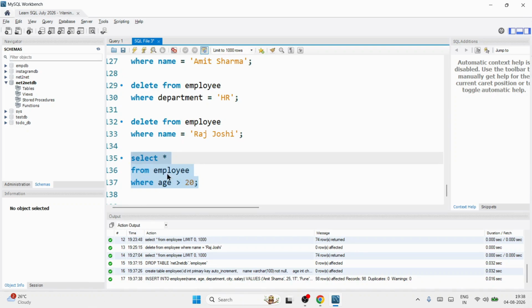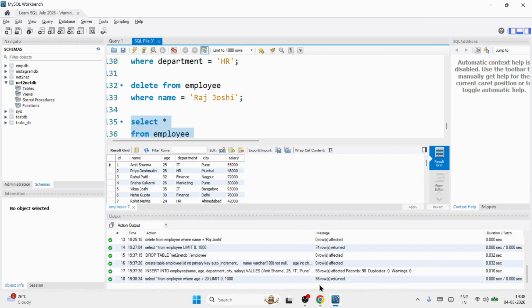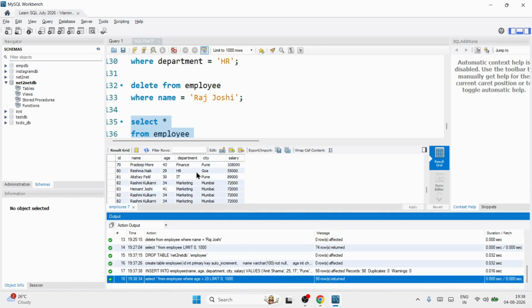So what MySQL does, it searches this table in the database, आपके storage पे. ये एम्प्लॉय नाम का टेबल दिखेगा, उसके सारे रिकॉर्ड्स पहले मेमोरी में लाएगा, फिर उन रिकॉर्ड्स को फिल्टर करेगा, एंड वो फिल्टर रिकॉर्ड के सारे कॉलम्स फाइनली प्रिंट करेगा। ठीक है, सी। So around 58 records we have got who are having age more than 20. तो टोटल नहीं, सारे ही आ गए शायद 98। तो हमारे इसमें सबके सब एज किसके अबव ही है 20।